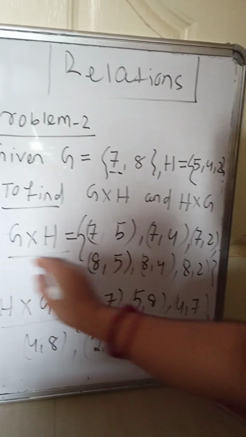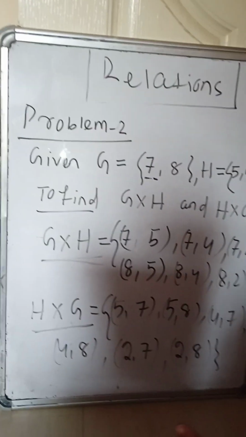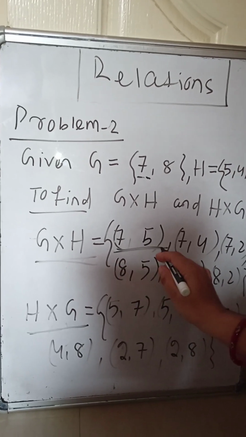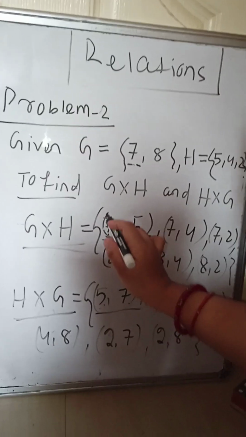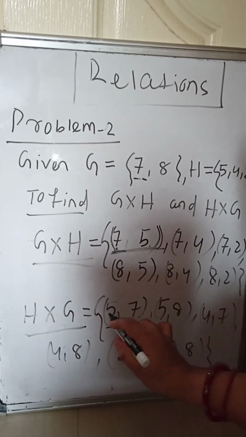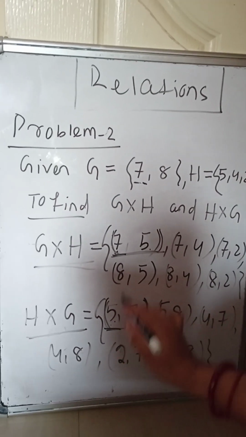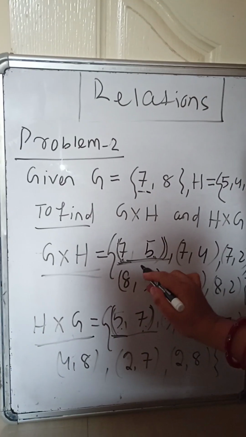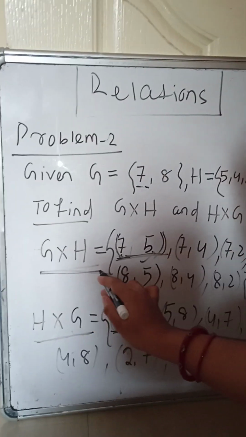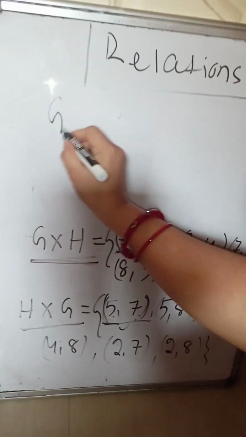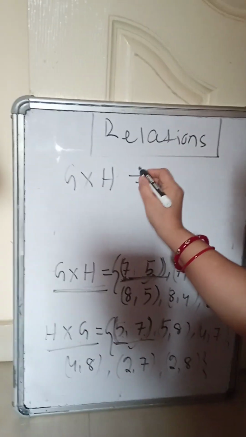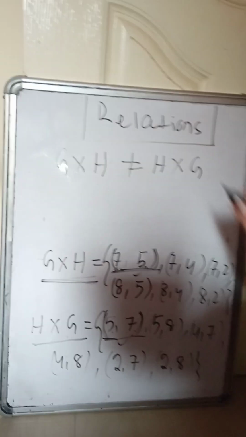Now one thing you check is whether both the Cartesian products are same or not. Is it same? No, these are not same because these are ordered pairs. Why is the name ordered pair? See, the element 7, 5 is not equal to the element 5, 7 because in this ordered pair the first element is 7 and in this ordered pair your first element is 5. Here second element is 5, here second element is 7. So these two ordered pairs are not same. Therefore your G cross H is not equal to H cross G. That means here you can say that the Cartesian product of G and H is not equal to the Cartesian product of H and G. Thank you.